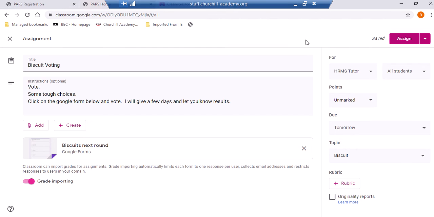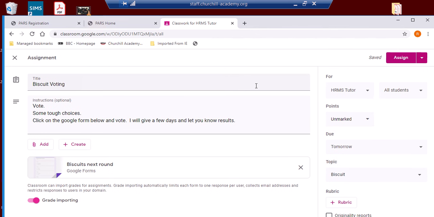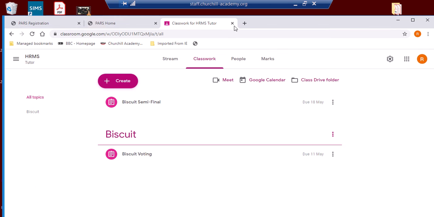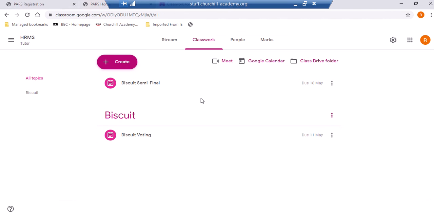I stress to my tutor group that this isn't compulsory. I'm just trying to get a couple of things in there to have a bit of interaction with my group. That's purely it. I'm not going to be following things up on that. So I don't actually want to assign that one. I'm going to discard it. So we're going to get rid of that. All right, so you would assign it, and once that's run through its course,